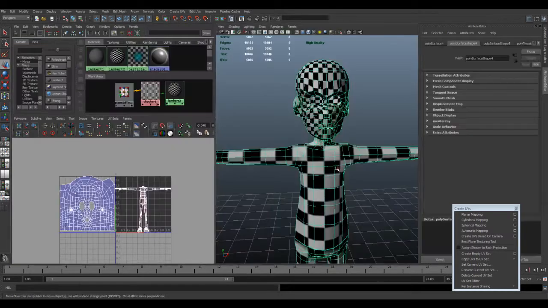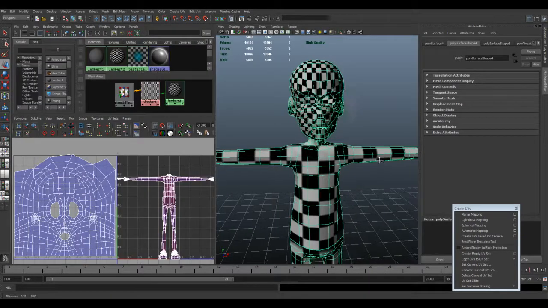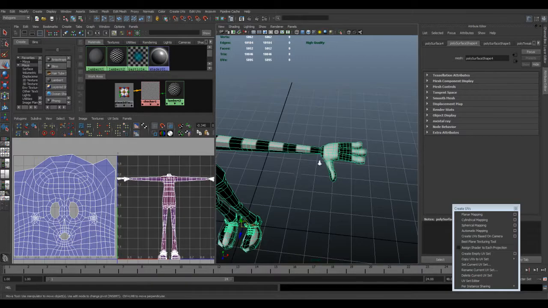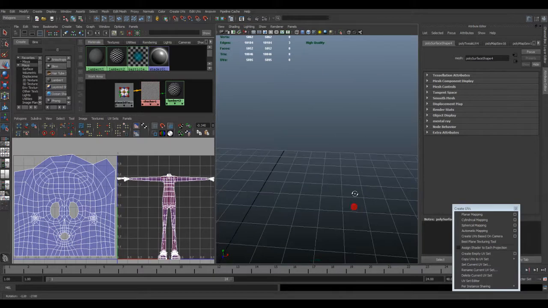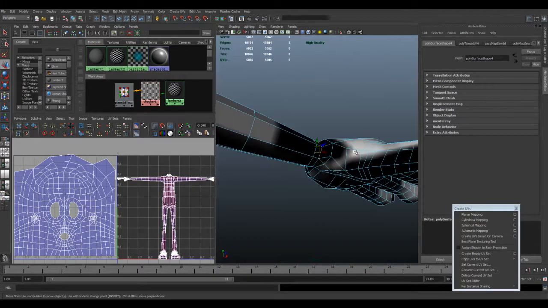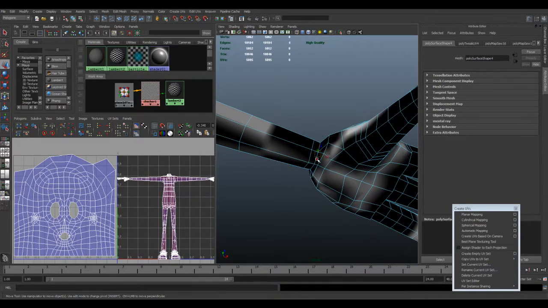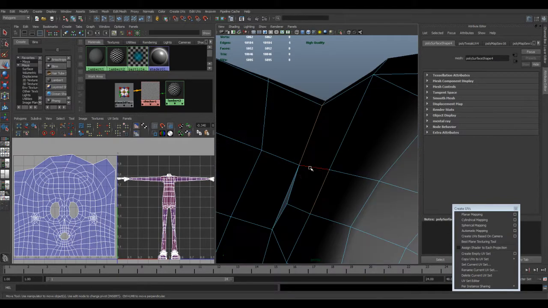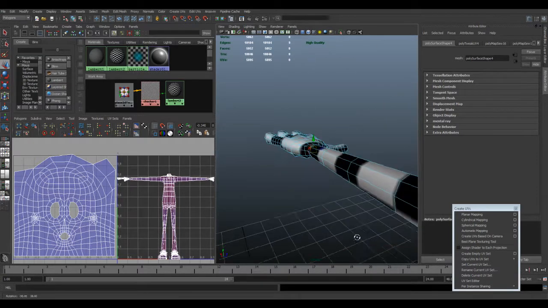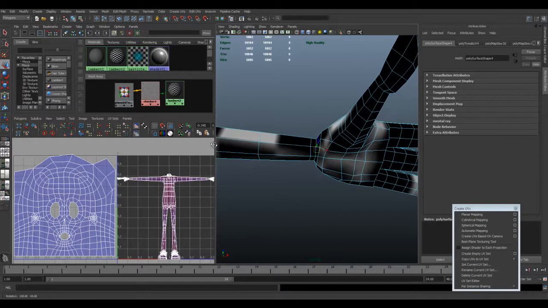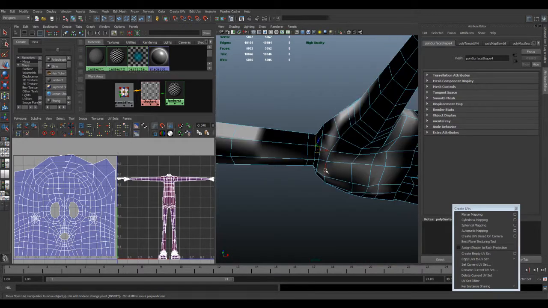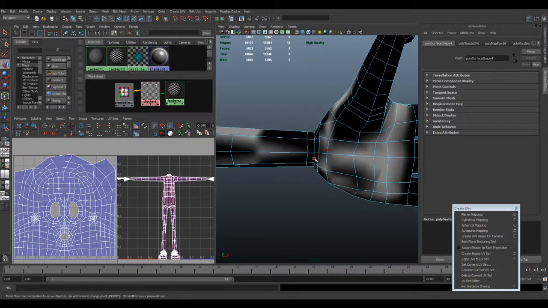So if I come back into my character, this time rather than using a projection, I think I'm going to go in, get an edge, double click on that edge. Let's get that one. Hang on a minute. Okay, so just check that I've got all the way around there, which I have. Oh no, there's a couple more there,